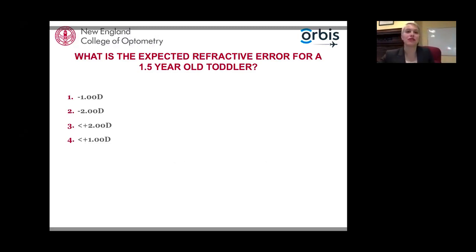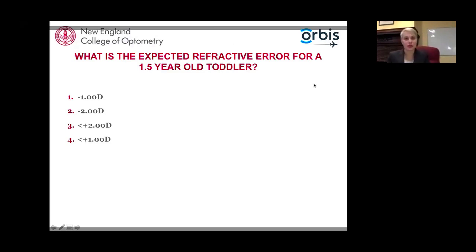So once we identify the refractive error with a retinoscope or autorefractor, who do we refer? We have a question here. What is the expected refractive error for a 1.5-year-old toddler? So is it -1, -2? Is it less than +2 or less than +1? Yeah, it is less than +2. So